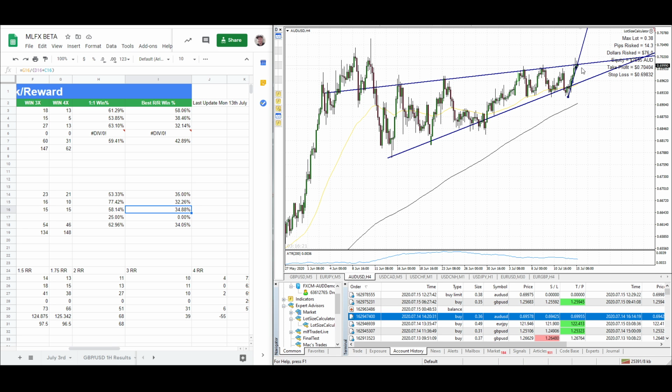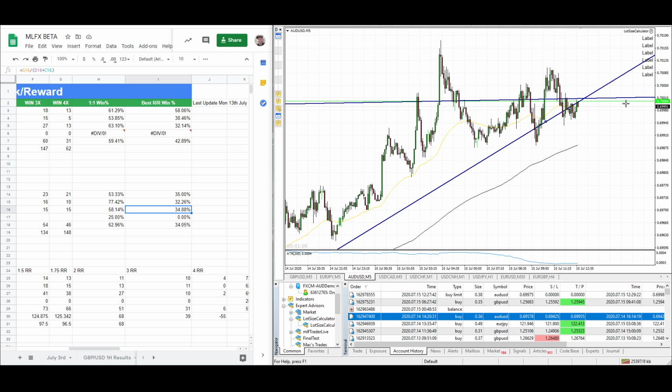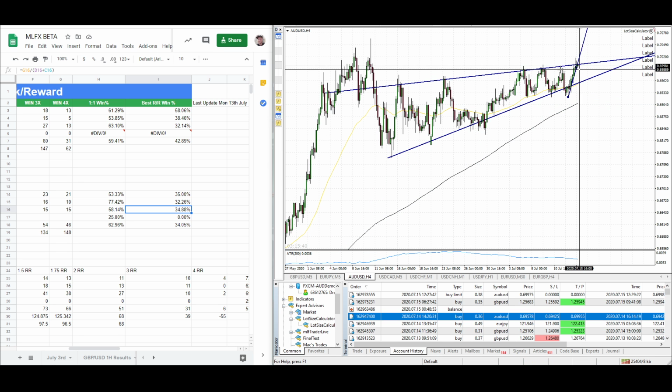So taking a buy right now, although it's looking like it might head up, our upside is pretty limited and it's a high risk level. So we look at this sort of the 1 day, and we've got this level here that we're almost in line with. And because we're on the AUD USD, if we're looking for that 1 to 3 risk reward, we're looking at risk sort of 10 to 15 pips down. So somewhere just below this level here, right? So it's a good position for a stop loss, but then we're looking to have our take profit 3 times that. So 30,